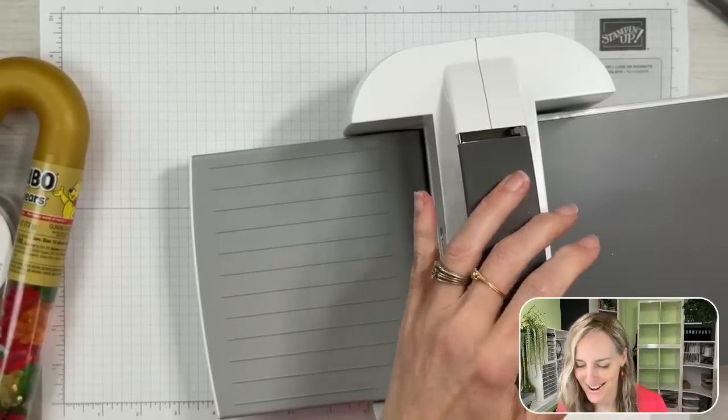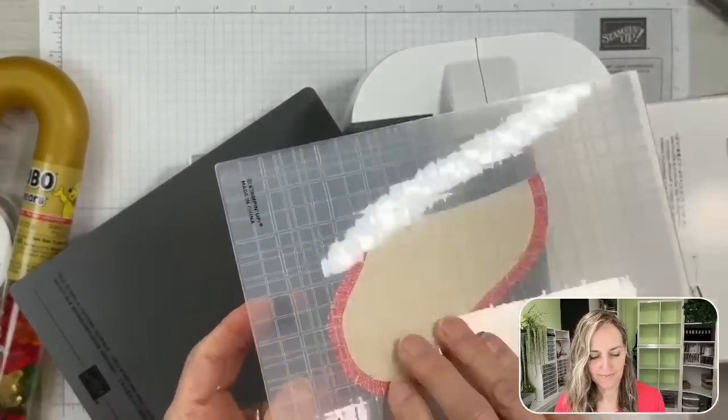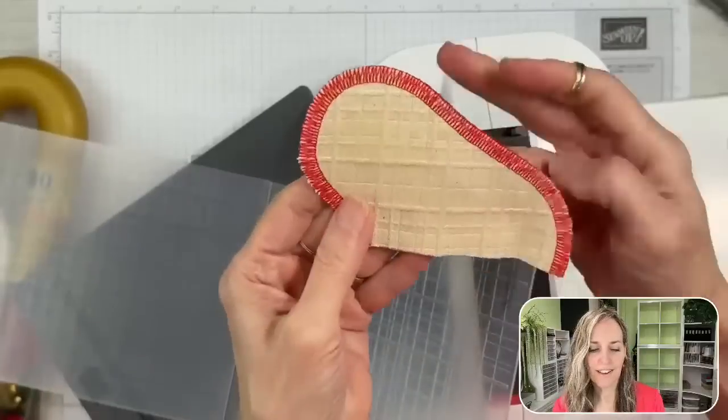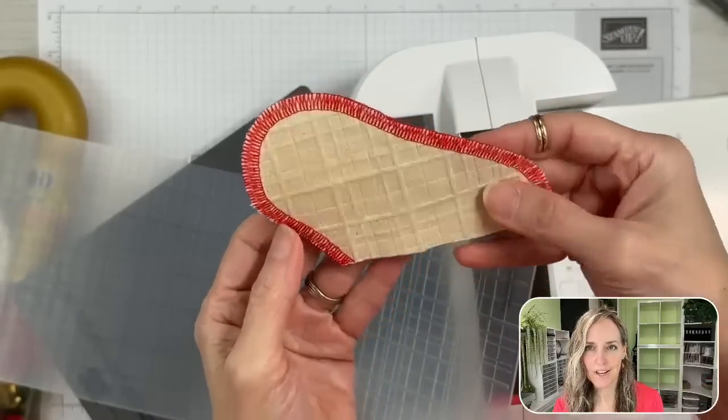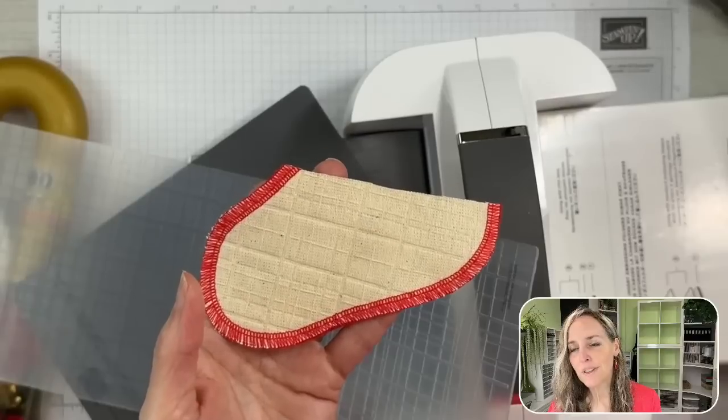It's so cool, you guys. I love this. It's so fun. And now we have an embossed stocking. So if you wanted to add texture, the person who shared that idea with me, and I'm going to go